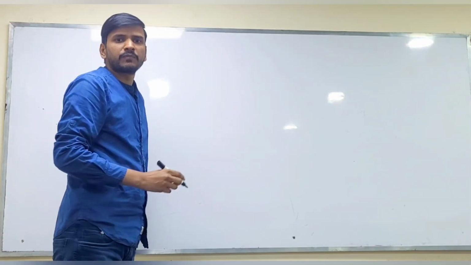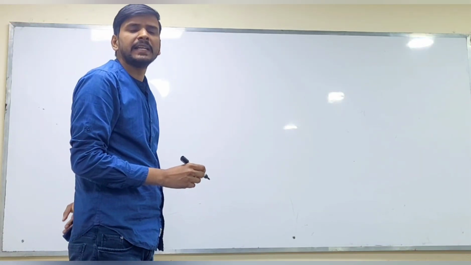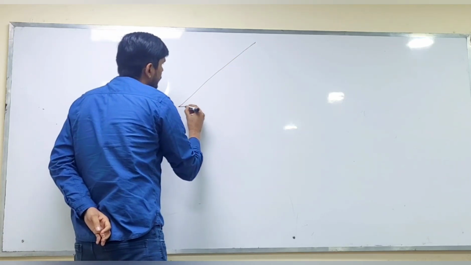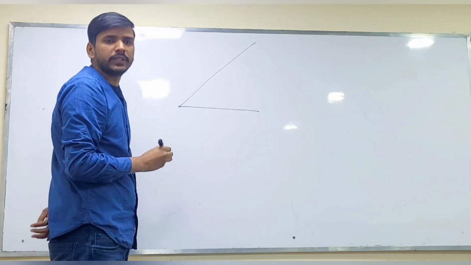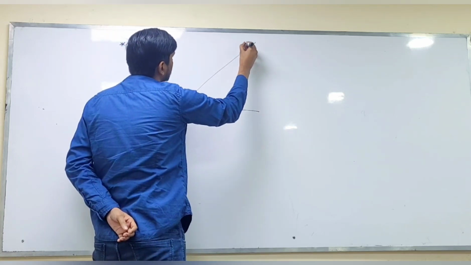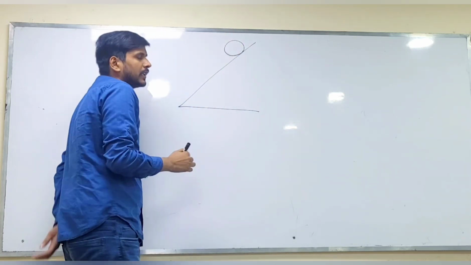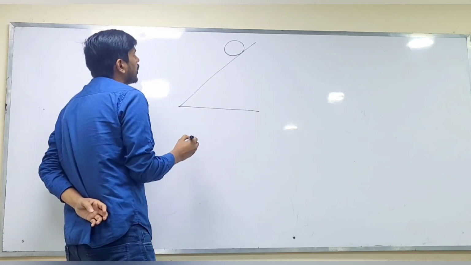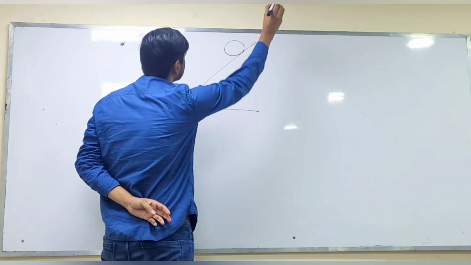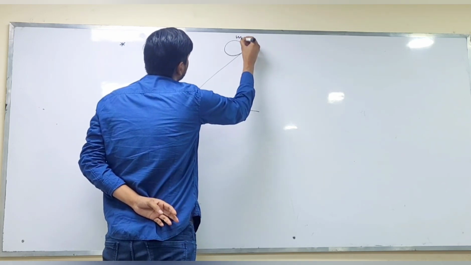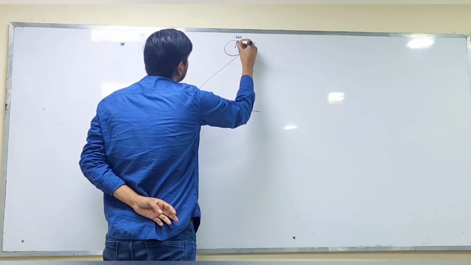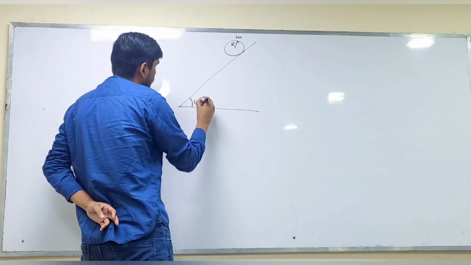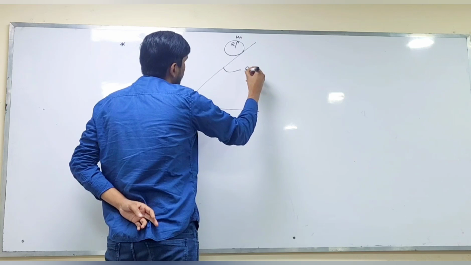Now we will find the acceleration and velocity on an inclined plane of a pure rolling body. Let us take any body, disc, ring or solid sphere, any circular body. Its mass is m, radius is r. This angle is theta. This surface is rough.